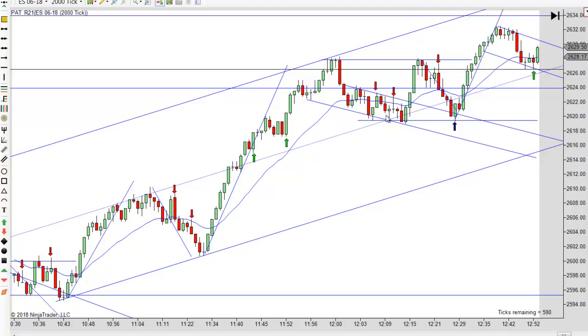I was pretty confident at that point that we would probably come back to the other side, but either way, you've got enough room back down to the midline if it only goes to there. So I like that one. And then it gives you another little lower high here, which really confirms this little spike. There's a little spike down, it goes into a channel. And so being off the key entry point, I like that one.